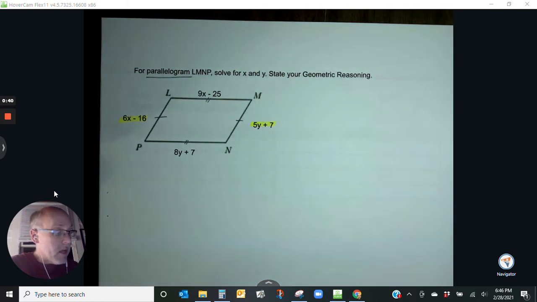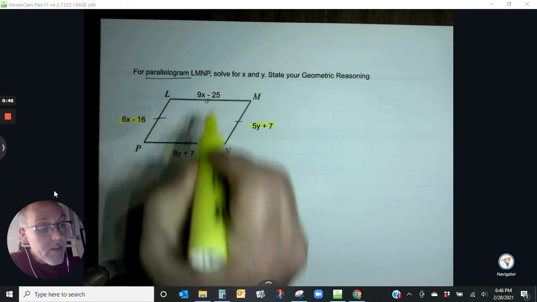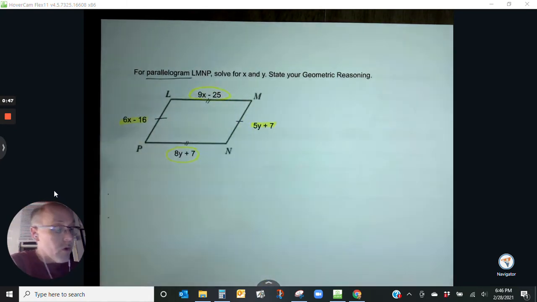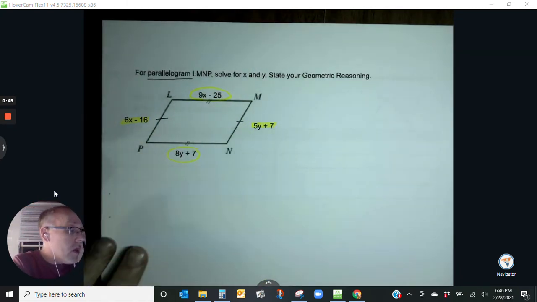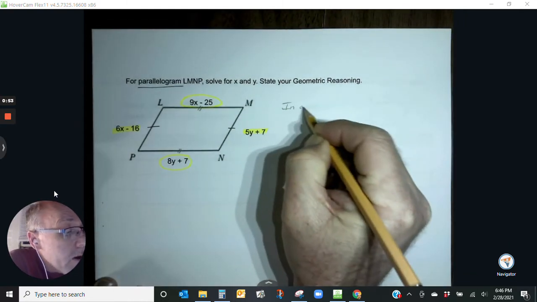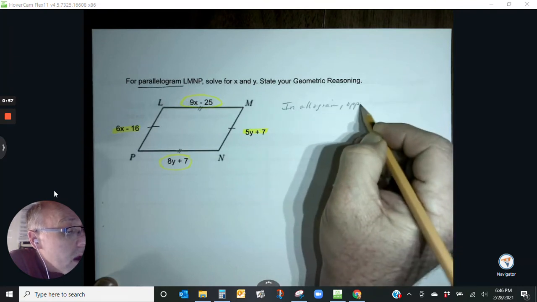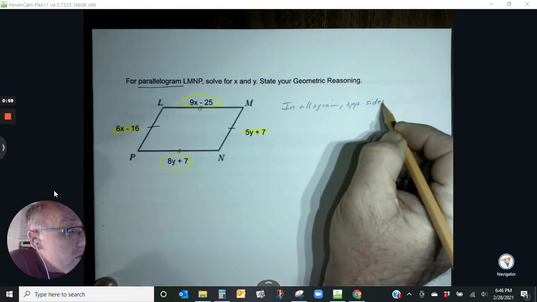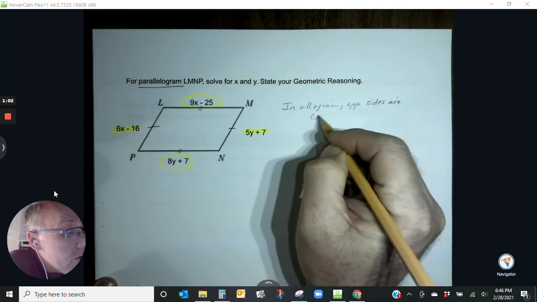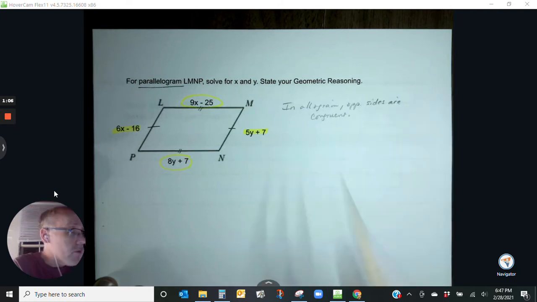So that means that this side and this side, or those measures, would also be equal. So in a parallelogram, opposite sides are congruent. That's a property. So as a result,